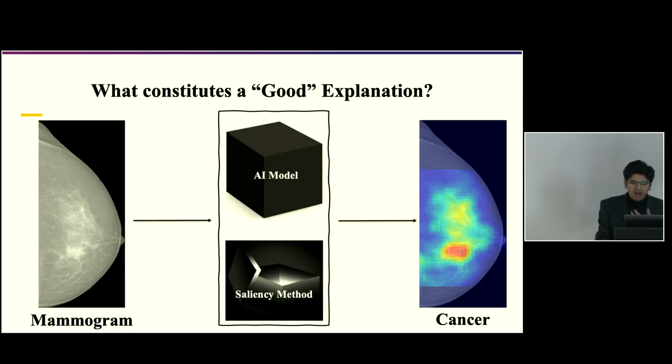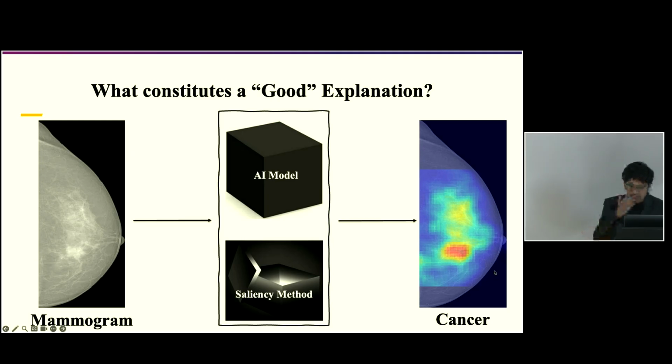So, how do these really work? Essentially, like in our case, we would have a mammogram. We would have an AI algorithm that made a prediction on cancer or not, just a simple binary prediction. And then there will be a saliency method that wraps on top of it, which ingests the medical imaging data and the algorithm, its predictions, to come up with a visualization that helps us understand the relative distribution of feature importance across this entire image through somewhat like a heat map or a saliency map.